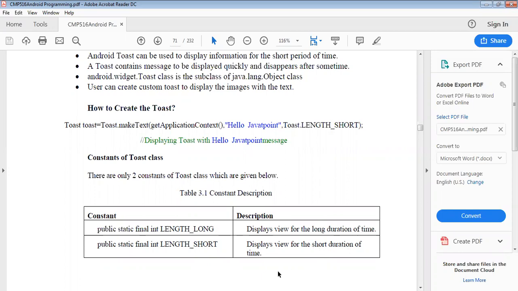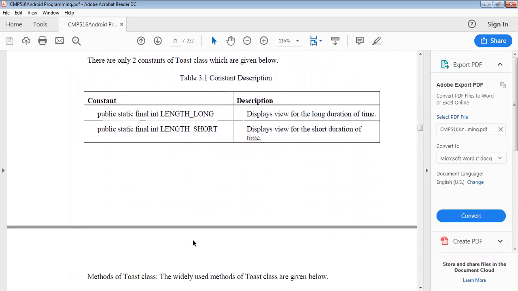Means here we can see the toast class helps you to create and show those, as well as when the view is shown, means that view for the short time or long time is shown to the user. It appears as a floating view over the application. It will never receive focus because it is a short or a long time way to display that message.